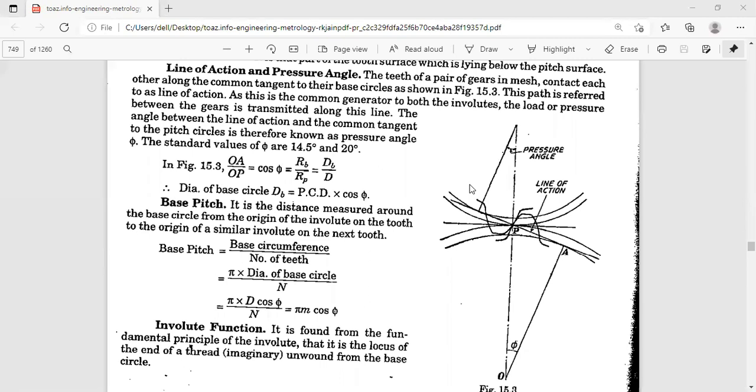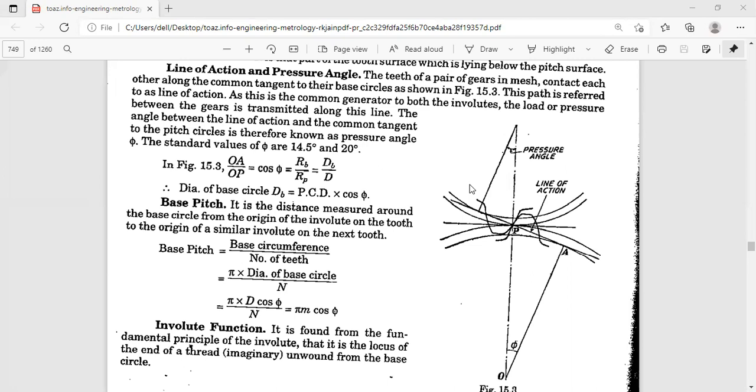14.5 degrees. Don't write it like that; the notation was wrong previously, maybe the authors thought like that. With the improvement from R.K. Jain to I.C. Gupta or KL Narayana, it is 14 degrees 30 minutes. You have to express in degrees, minutes, and seconds. And 20 degrees is the other standard value. You will see it in the design of gears, which will be discussed. All these are very important things.